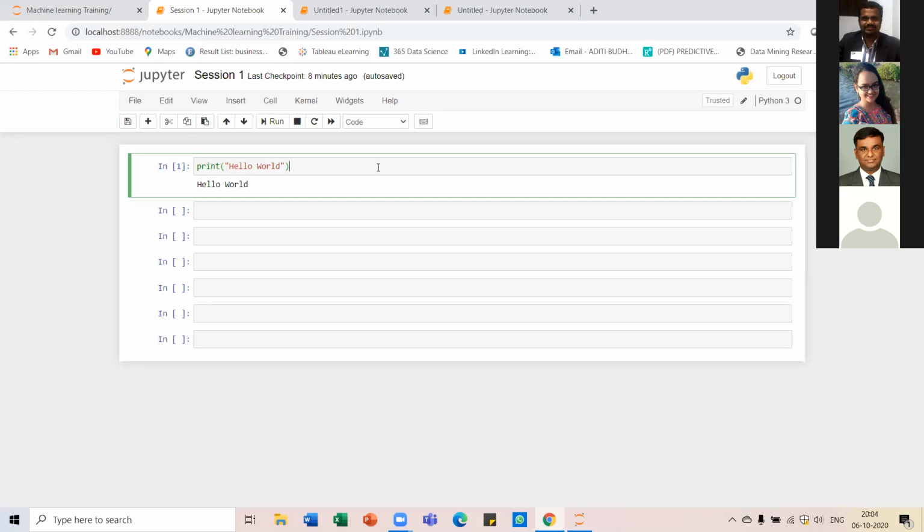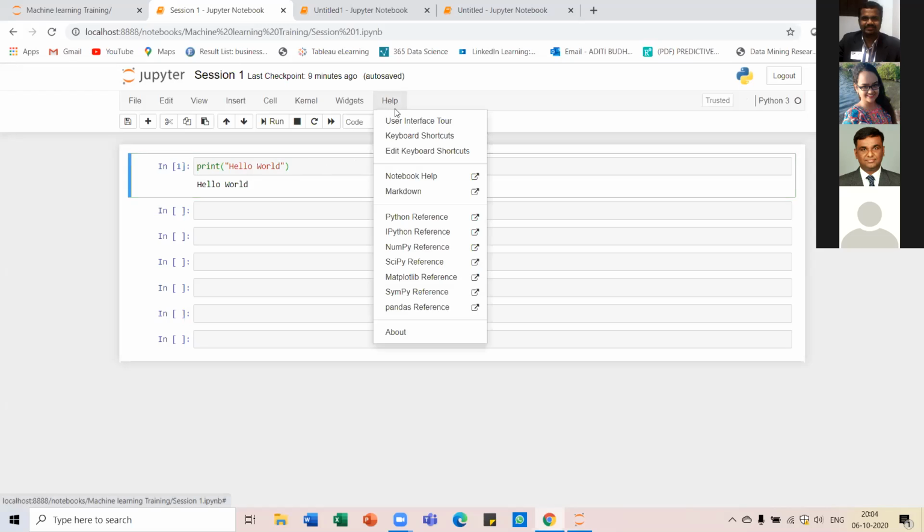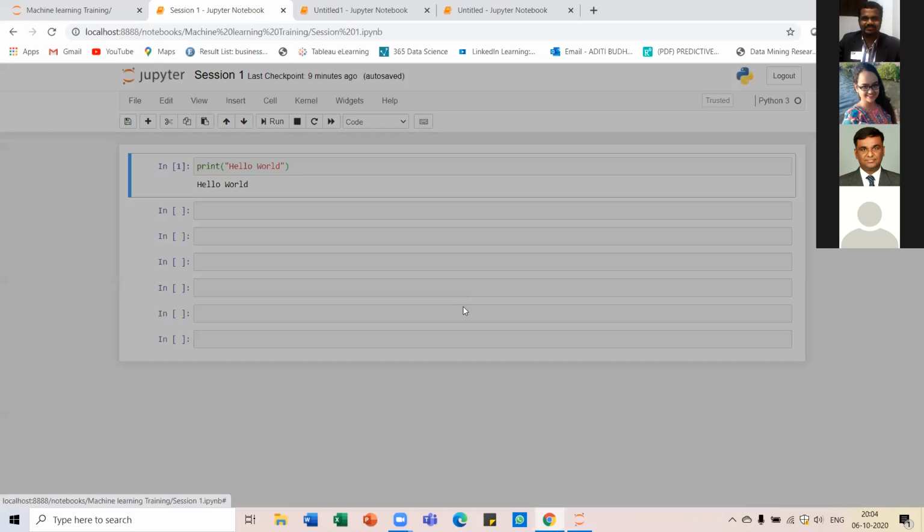So I was talking about how we can change the key shortcuts. Like if we want to modify the shortcut in order to run this cell, you can do that by going to Help. And then here are some options like Edit Keyboard Shortcuts. You can open this and add your preferred shortcut.